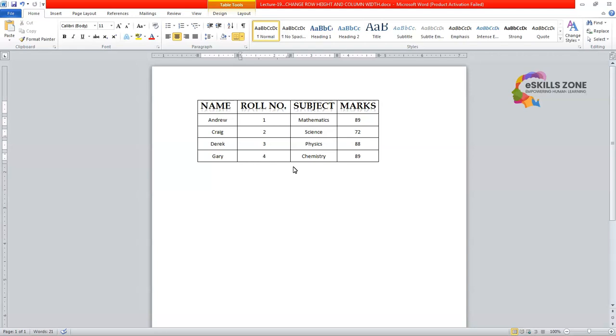First of all, we will select the row from the table whose height we want to change. Like in this case, in this table we will highlight the last row of student Gary, and now we will click on the layout tab,